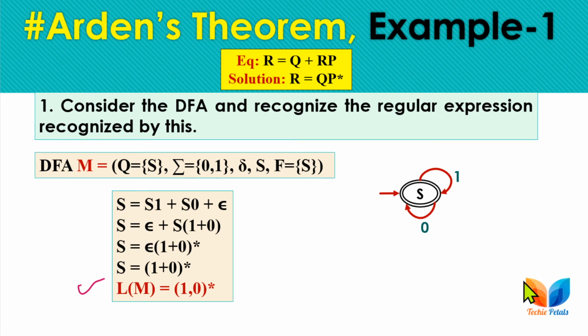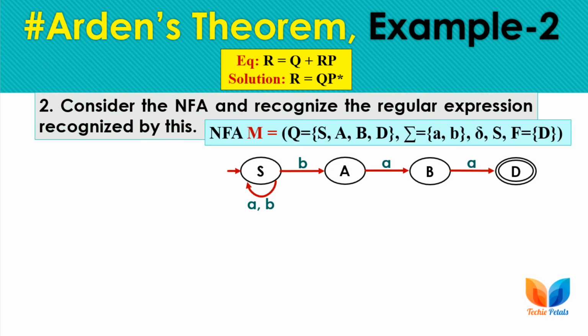Now let's consider one more example, where we are given an NFA M with 4 states S, A, B and D, and 2 input symbols a and b, and the final state is D. Now we have to calculate the expression corresponding to D, but we have to write the expression corresponding to each and every state, because we need all those expressions for solving the expression corresponding to D. So let's write the expression corresponding to S first. For S we have 2 incoming, so Sa, Sb, and last we have a null input as S is the initial state, right?